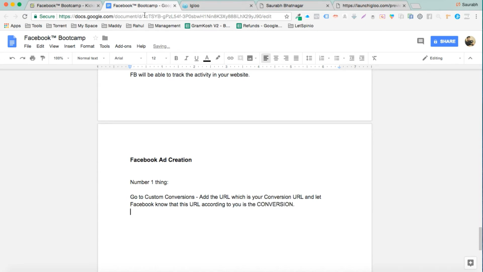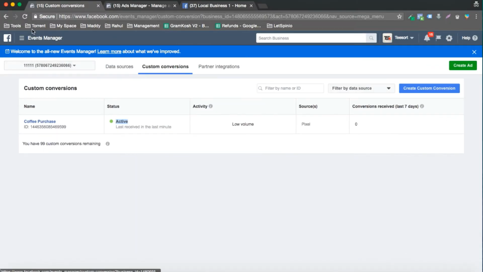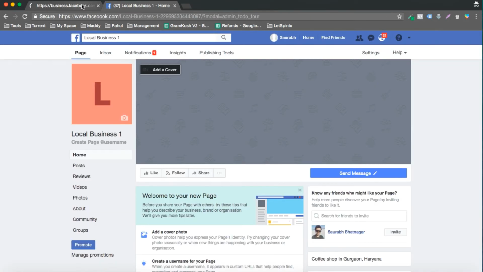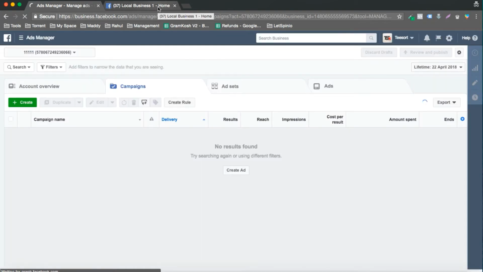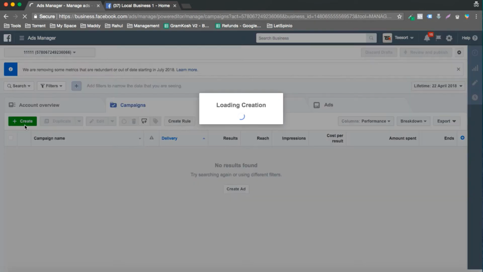Now once Facebook knows about this fact, you will go back to the ads manager, and you are all set to run your first ever Facebook advertisement, or maybe your first ever conversion advertisement. All right, so you will click on create,